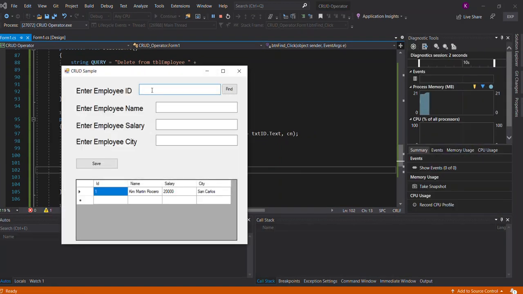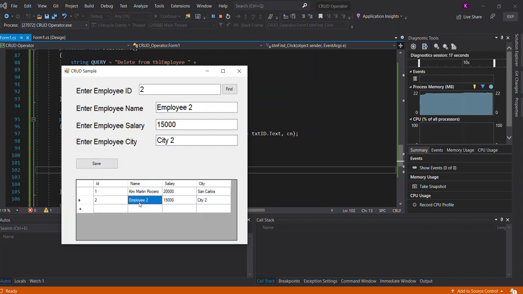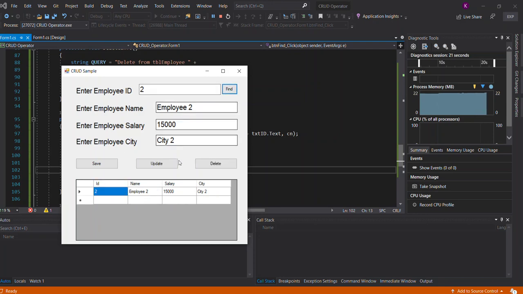So here we have one record added, so we will be adding another record. So employee 2, salary is, and the city is city 2. So when I click save, the employee 2 is added already. Now if I click find, the two buttons are shown and employee 2 is displayed. However, I want to change the city into Mandaue. So when I click update,